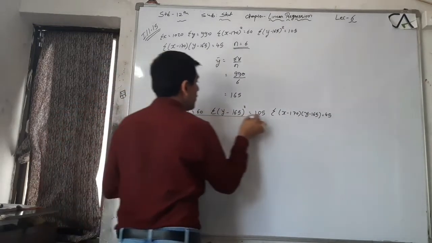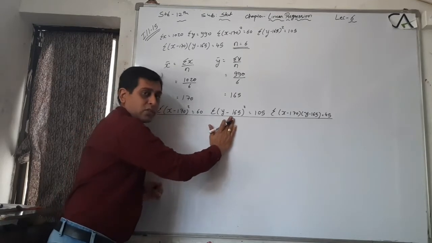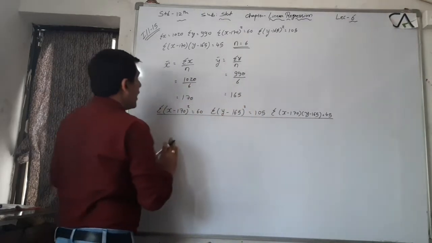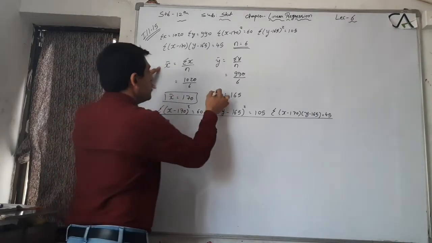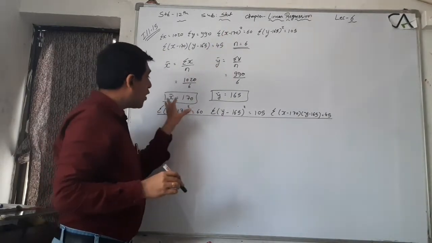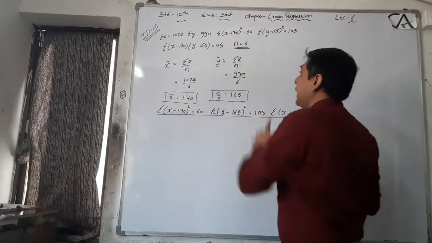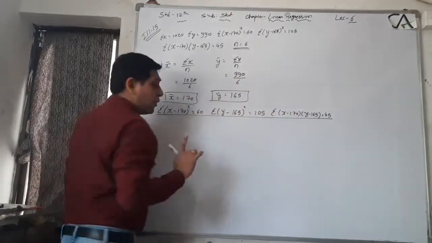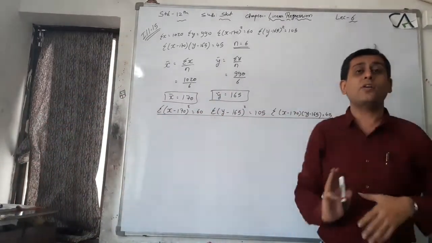Now this is the main information: this is x minus x bar square, this is y minus y bar square, and this is x minus x bar into y minus y bar. How do we know that? By finding out x bar and y bar. This is your x bar and this is your y bar. Whenever the information is given like this, you have to find out your x bar and y bar and confirm whether the value given in the bracket is x bar or y bar or not. If it is x bar and y bar, then you take method number 1. If it is not x bar and y bar, then you have to take method number 3.